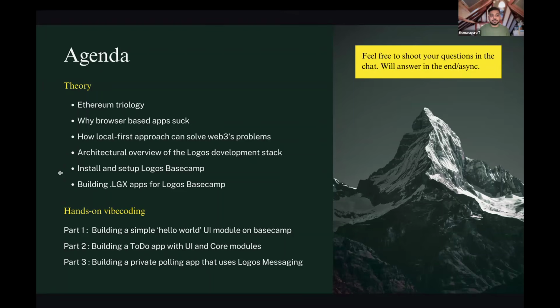Finally, we'll get to do some dogfooding, which involves installing and setting up your own Logos Basecamp app. And from there, we'll be building on top of the Logos Basecamp app. The vibe coding section has three main components. The first one is building a simple Hello World UI module on Basecamp. This is the most beginner-friendly thing that you can build on top of Logos,